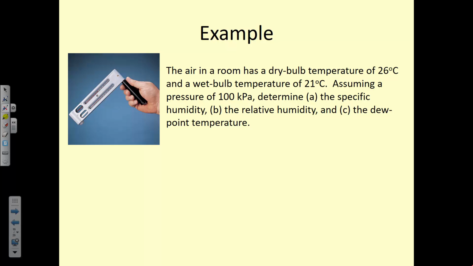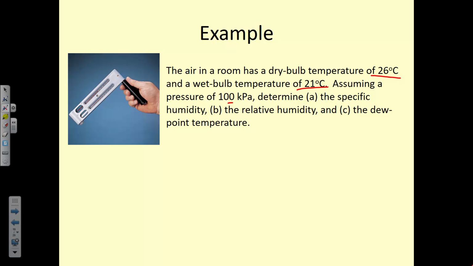We have a room with a dry bulb temperature of 26 Celsius and a wet bulb temperature of 21 Celsius. The fact that the wet bulb temperature and the dry bulb temperature are different means that this is not 100% humidity in the room. If those were exactly the same, then the room would have 100% humidity and we wouldn't need to calculate anything. So assuming a pressure of 100 kilopascals, we want to determine the specific humidity, the relative humidity, and the dew